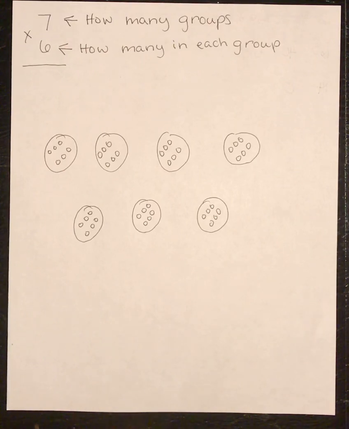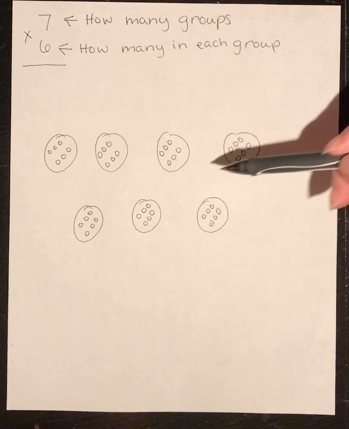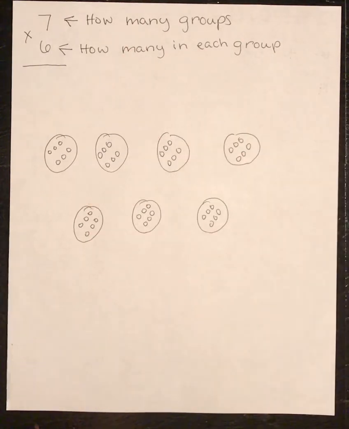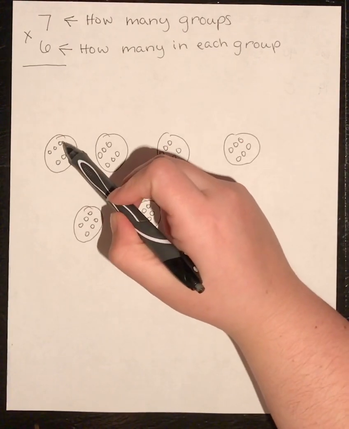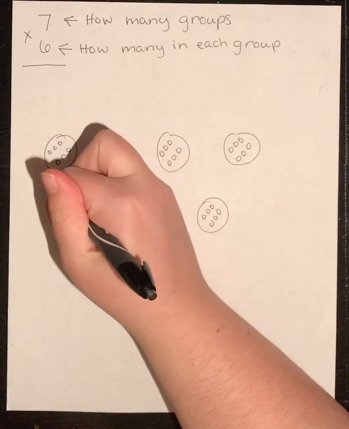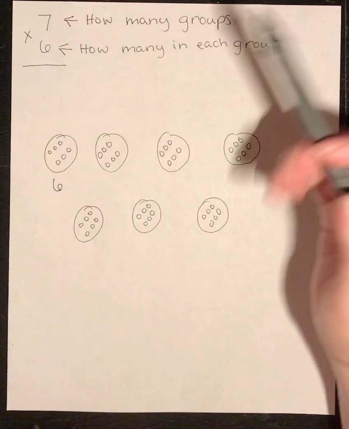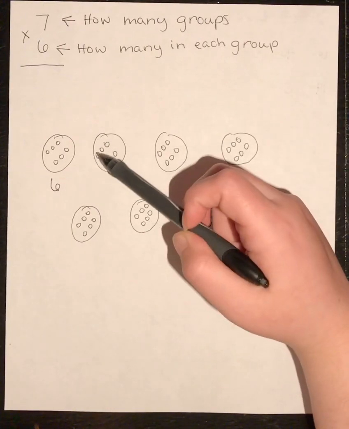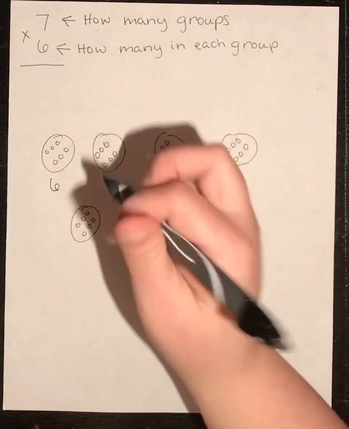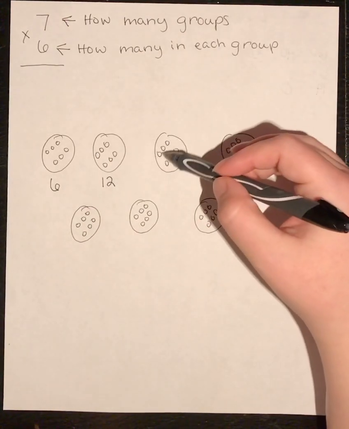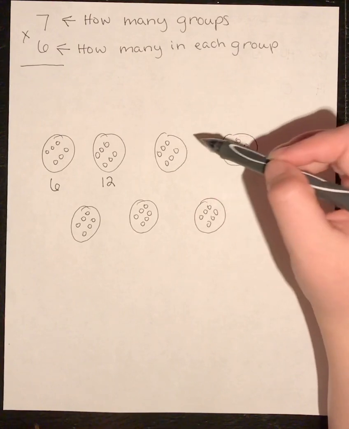So now we're going to start counting all of the dots. Remember, this is the total. So this is our total of how many baby dots we have. So we've got 1, 2, 3, 4, 5, 6. And remember, Miss Sloger likes to keep track underneath so that she can tell where she's messed up. So we've got 6, 7, 8, 9, 10, 11, 12. So if Miss Sloger starts going over here and she goes 12, 13, 14, 15, 16, 17, and I